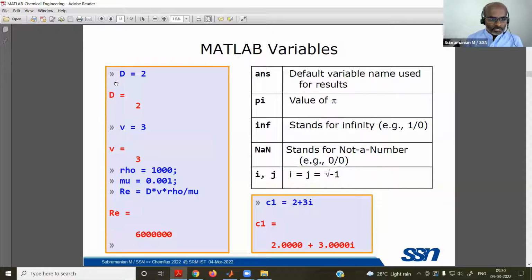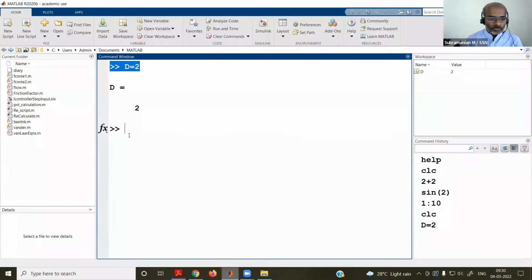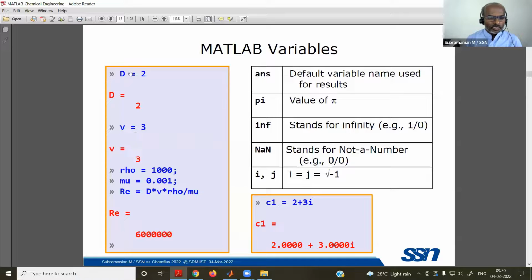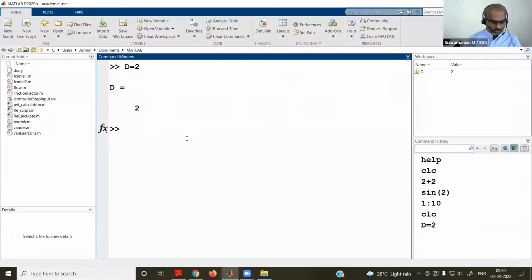And this double greater than symbol is for the MATLAB command window. What is a command prompt? Here I am typing D and I am getting the output. Say, for example, again rho equal to 1000, using a semicolon. Suppose some variable you want to assign, and you put a semicolon after that. This semicolon is preventing the echoing of the result.